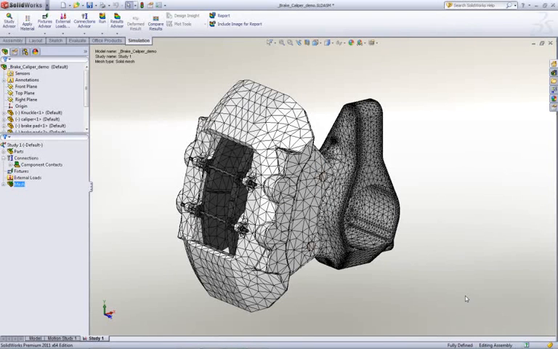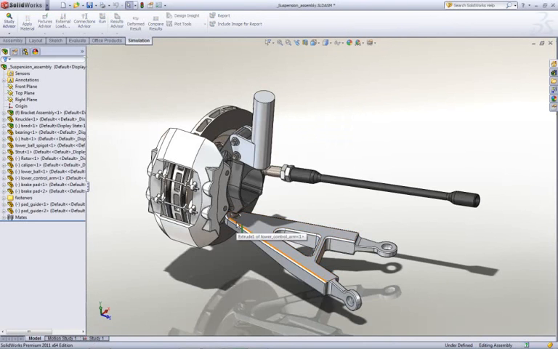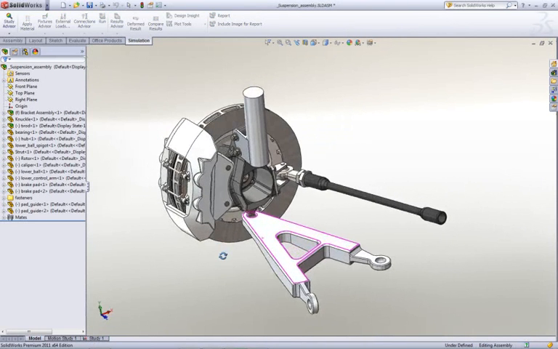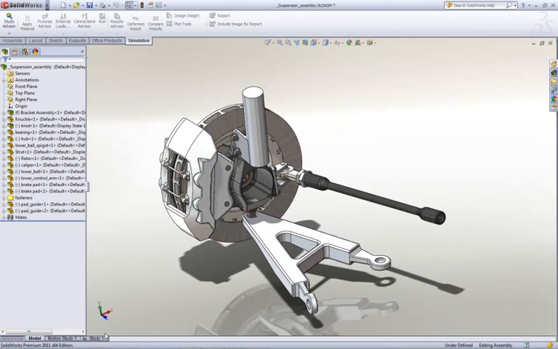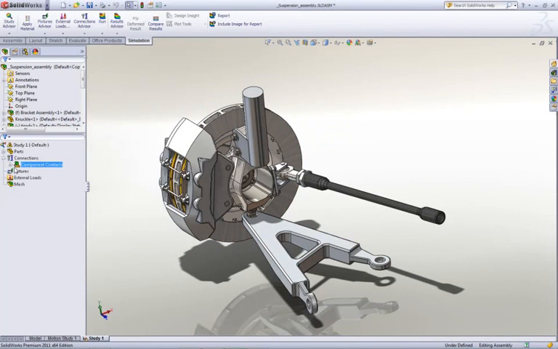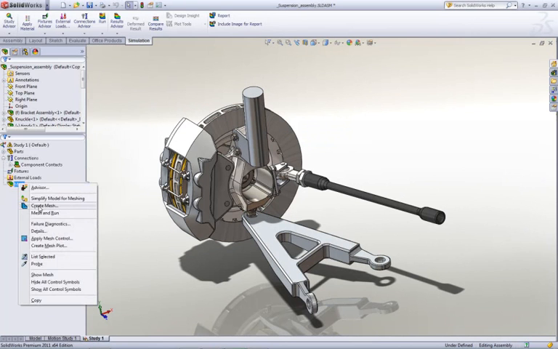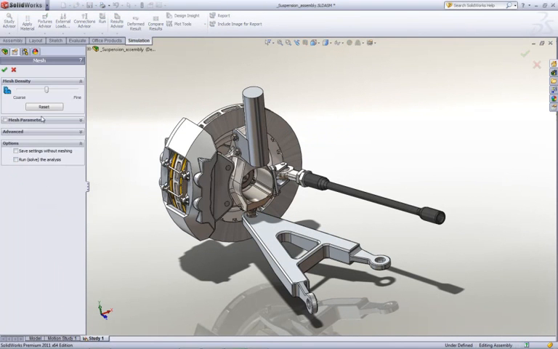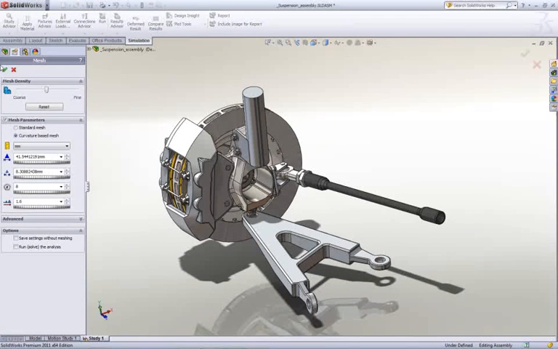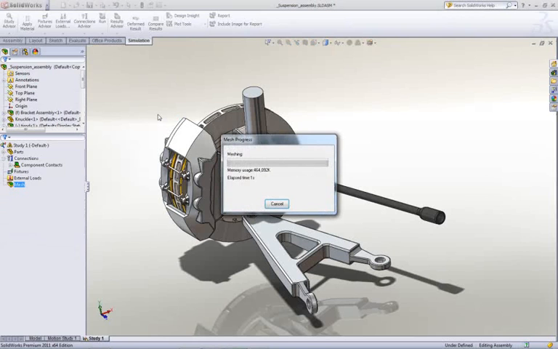Let's take a look at some other improvements in the meshing robustness. Here we have the full suspension assembly model with that knuckle in it. And what we'll find is that by default with the curvature-based meshing, we've got some really good improvements in the robustness. So there's nothing special about this, it's just setting the curvature-based meshing as our option. We'll see it goes through now and does an incredible job of meshing this model, not only very quickly, but